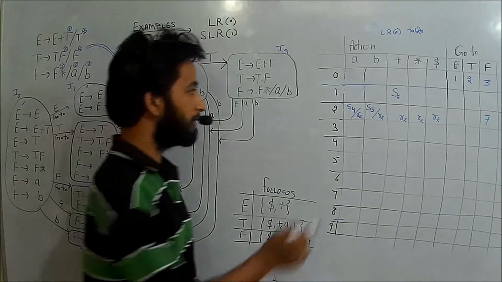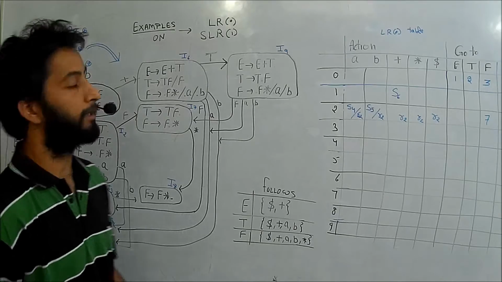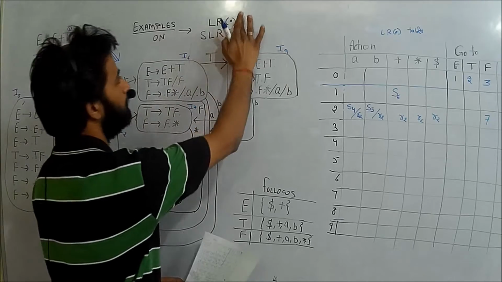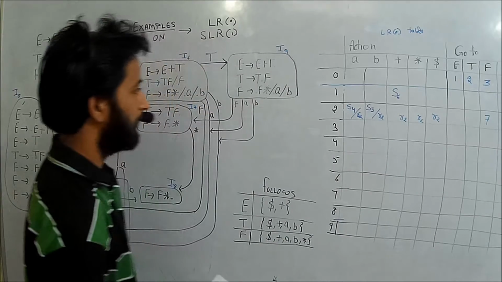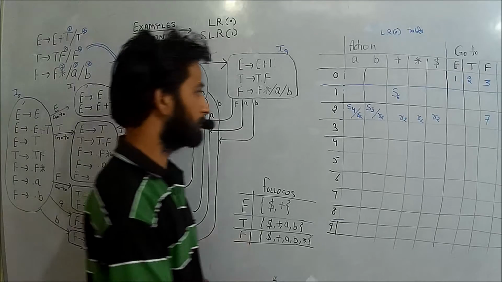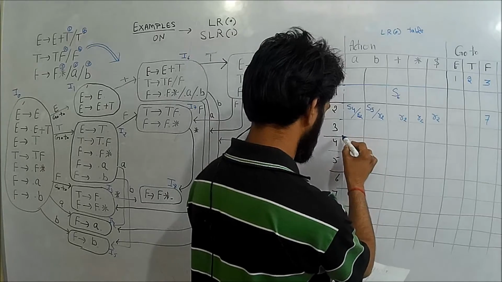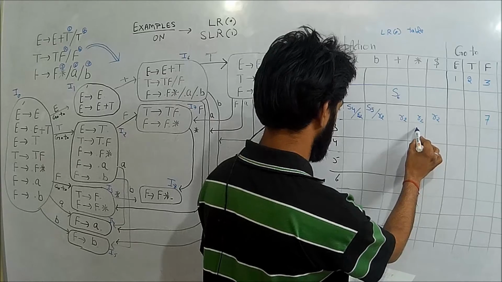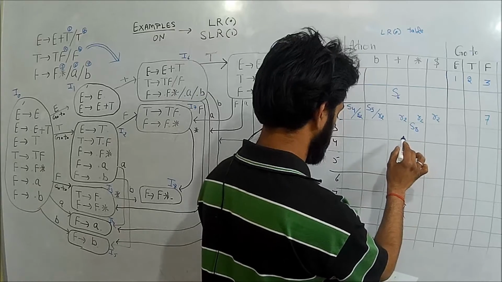One thing is that if I am facing a conflict in a cell, then we can say that the grammar is not LR0 grammar. Okay, so for this grammar, the grammar is not LR0, but we will check it later. Let us fill the other entries for the state 3. So I am writing all the possible reduction and shift move and goto for the simplicity. So in case of I3 we have S8 for the star move, S8, S8.